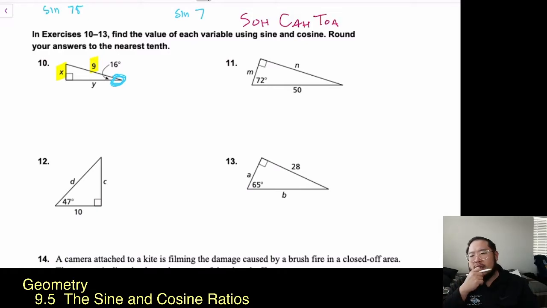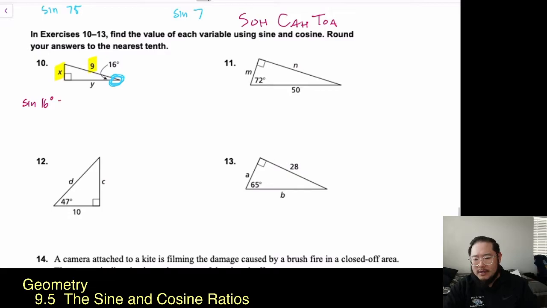And I look at the parts that are highlighted, opposite and hypotenuse. Well, which one has opposite and hypotenuse? It's the sine ratio. So that's why right here, I'm going to put sine of 16 degrees, because now we know what the angle is on this one. And that's going to be equal to opposite over hypotenuse. So x over 9. So our job is to find x. So let's get x by itself. Let's use some of our algebra right here. I'll multiply both sides by 9. And x is equal to